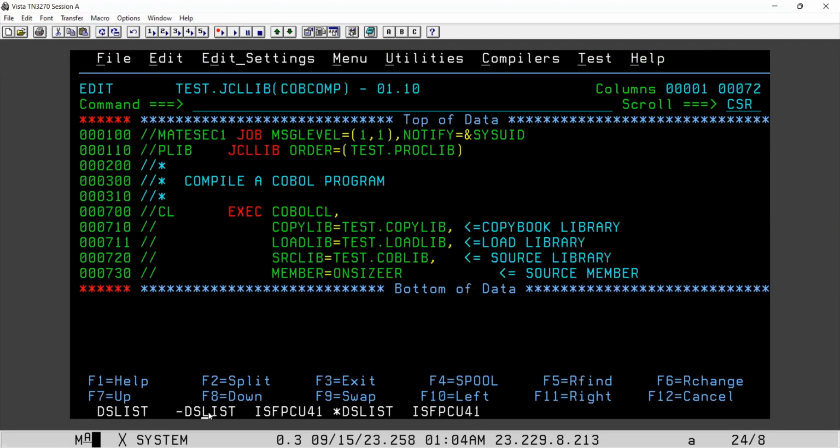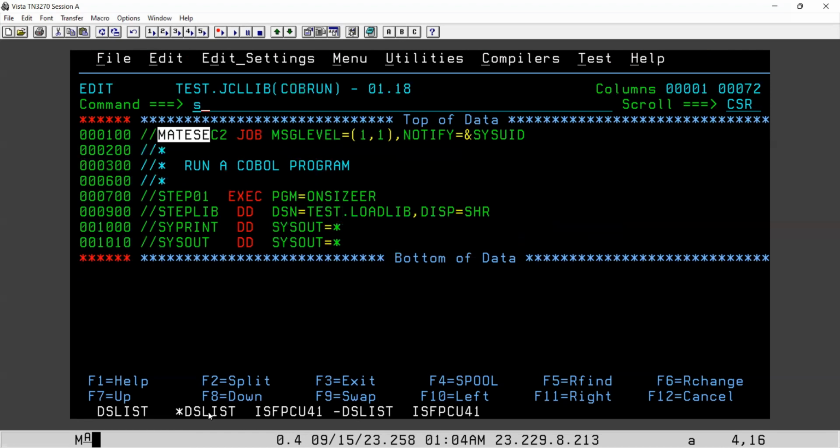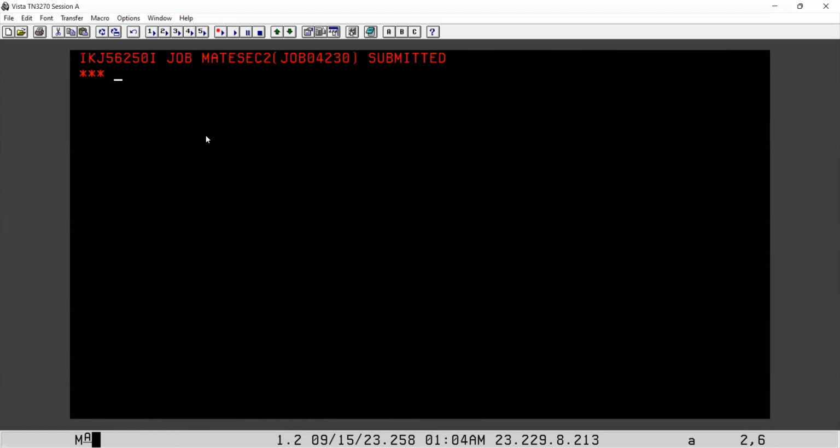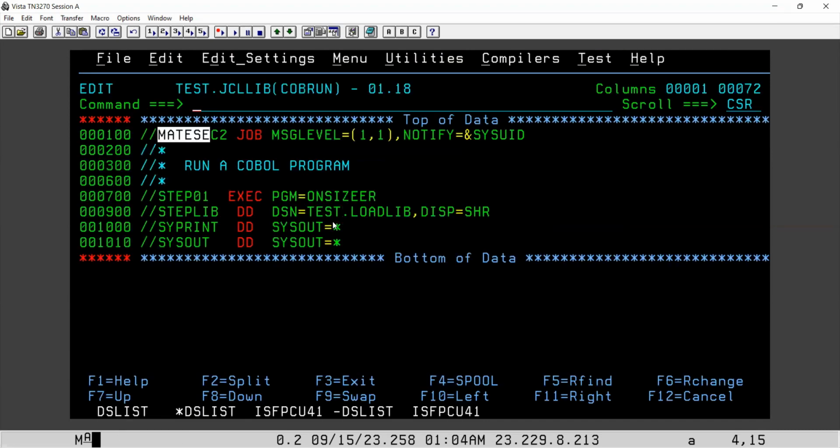So compilation is successful. Now let me execute it. Everything is correct. Program name is on size error. To load lib, everything is correct, so I don't have to change anything. I can simply submit this JCL. My access is 0. Now if I go to spool,